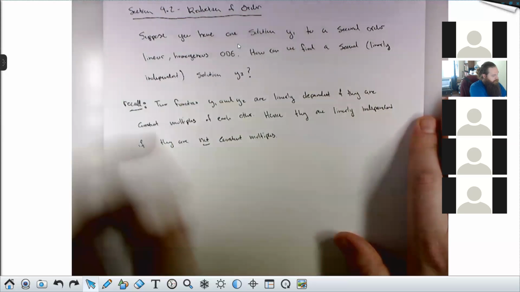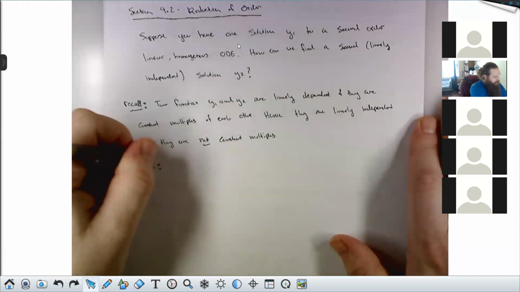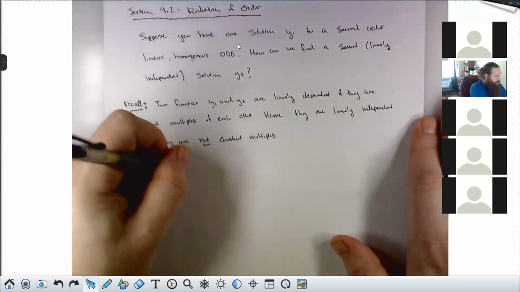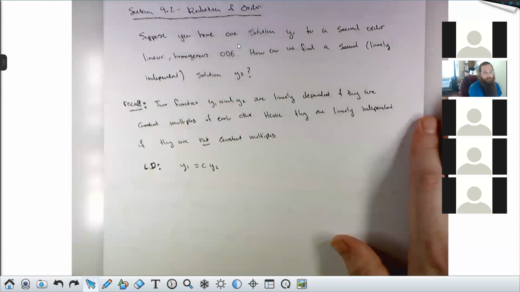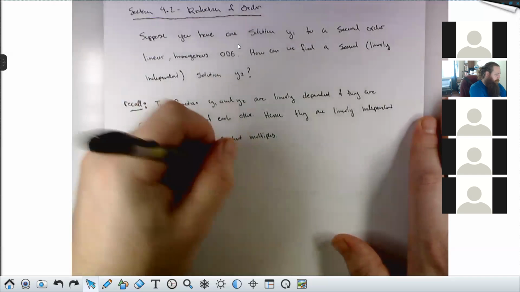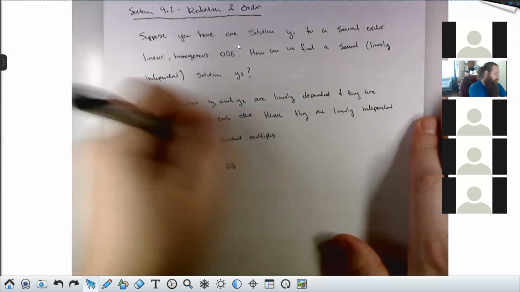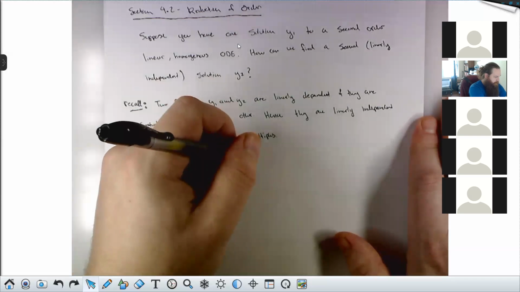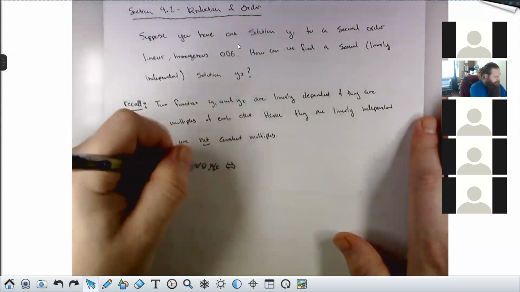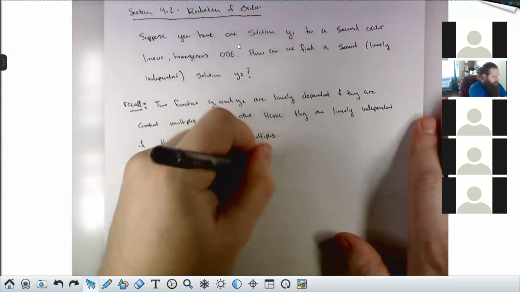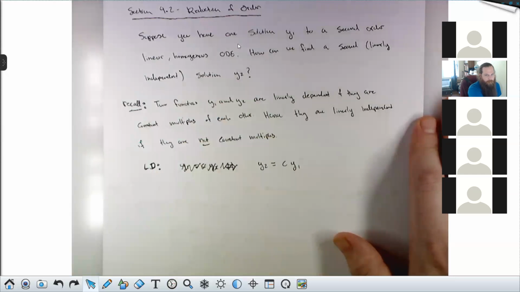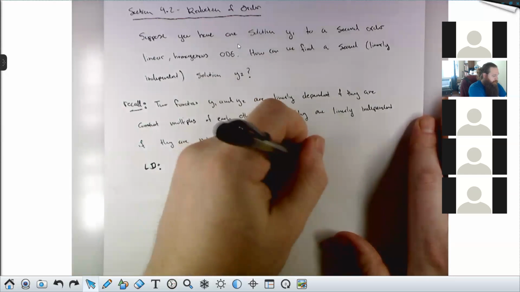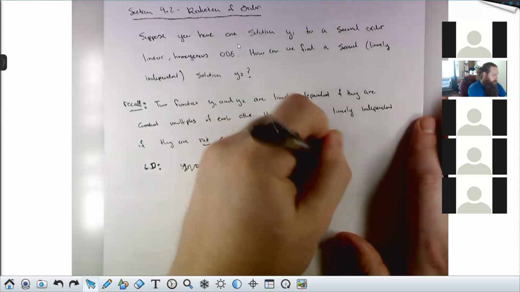Okay. So linearly, sorry, LD, let's do that first. Linearly dependent. This would mean y1 is equal to some constant times y2, which I could rewrite as y1 over y2. Sorry. It'll be nicer if we write it like this. y2 is equal to some constant times y1. Same. Which I can rewrite as